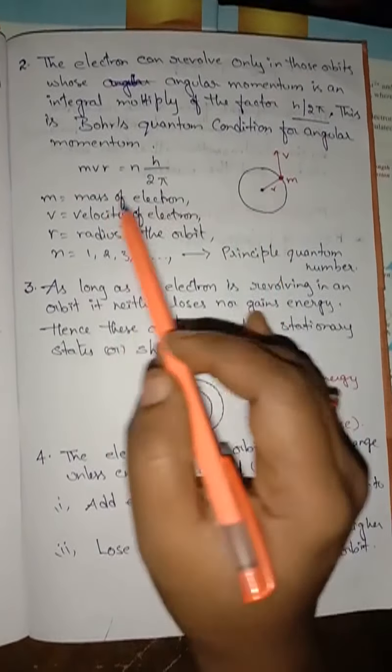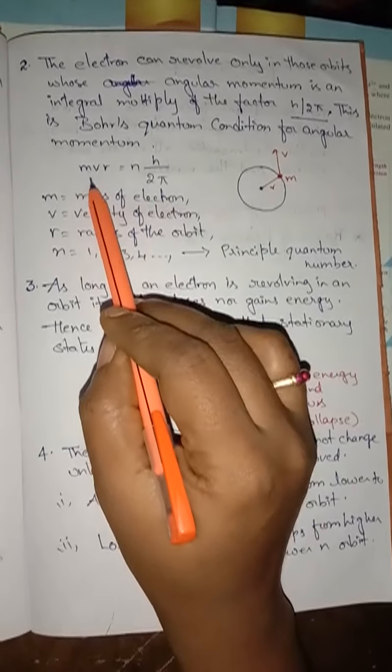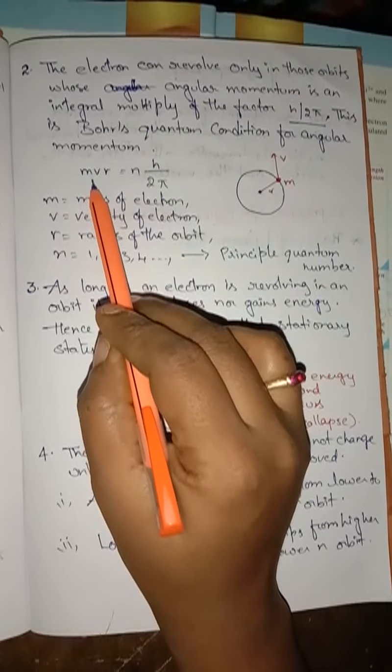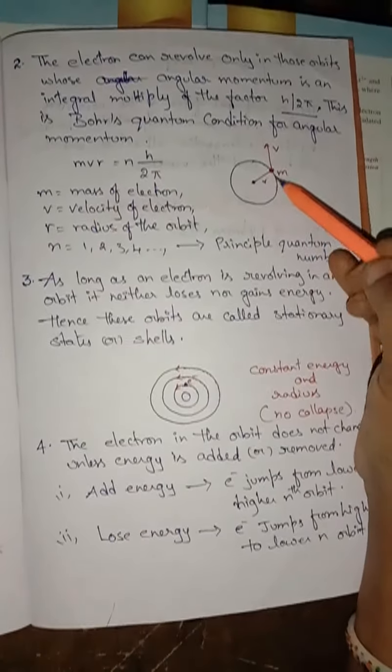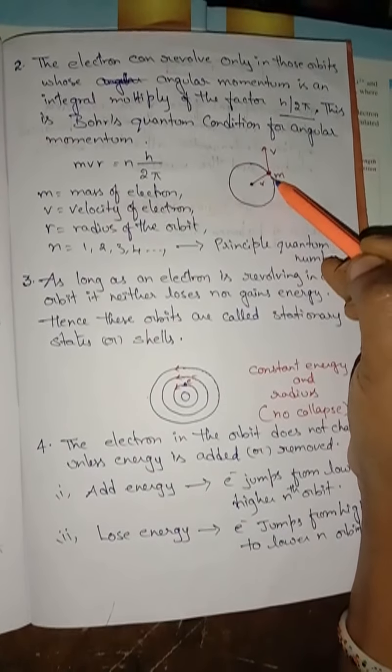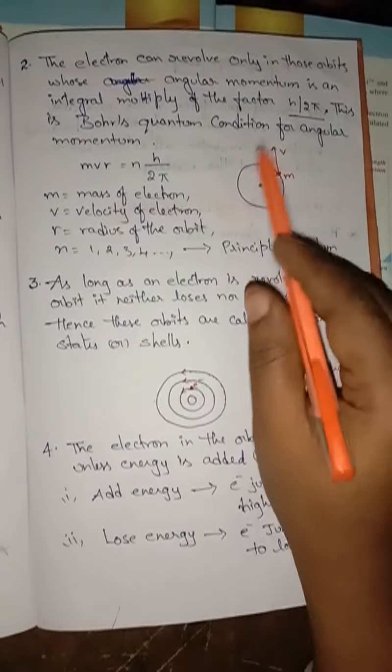So what formula are we going to get, children? mvr equals nh by 2π. What do you mean by m? M is the mass of an electron, v is the velocity of an electron, r is the radius of the orbit, and n is 1 if it is the first orbit, 2 if it is the second orbit,